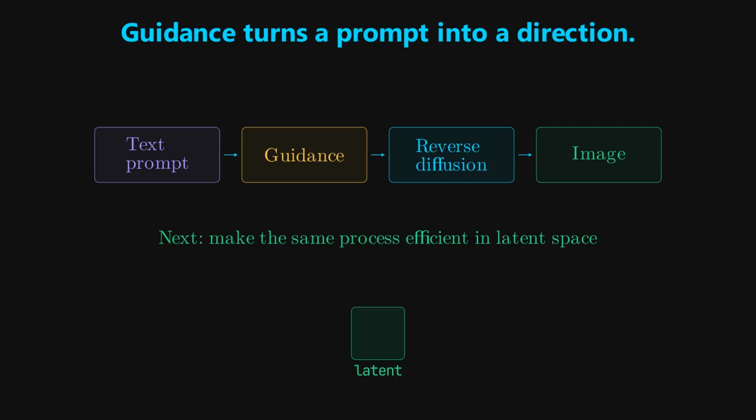Classifier guidance, classifier-free guidance, and clip guidance all create steering signals in different ways. But the goal is the same. Turn denoising from an unconditional process into conditional generation. Diffusion gives us the road from noise to image. Guidance decides which road we take. And once we can generate the image we want, one question naturally comes next. Can we do it faster? Can we do it cheaper? Can we make the whole process lighter? That is why the next stop is latent diffusion.